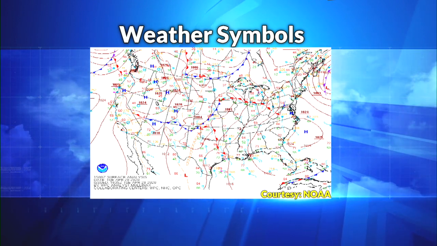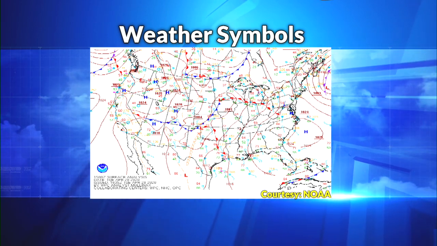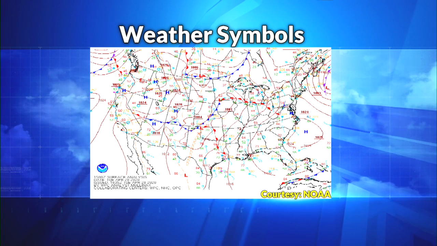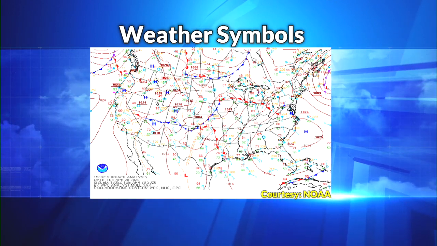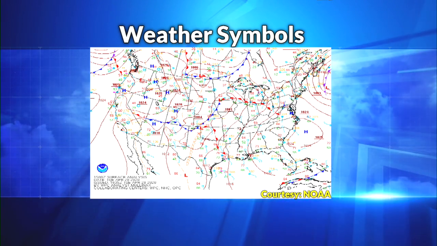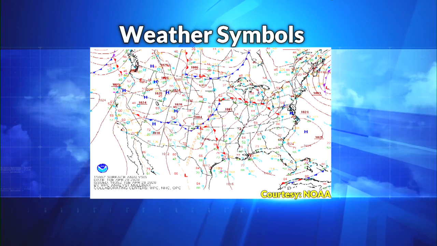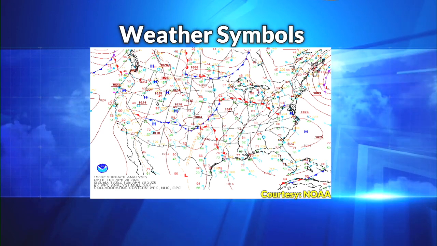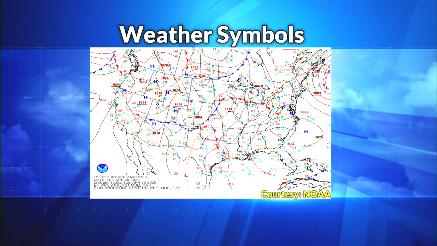This is an actual surface map, again, from the National Oceanic and Atmospheric Administration. Believe it or not, I did this, probably not to the extent that Tom did, but when I was in college, we actually had to draw where the fronts were on the maps. Much more involved, I'm sure, when you were in school. Now we have computers that do that, but that's kind of an example of what it looks like. You get to be very adept at drawing after a while.